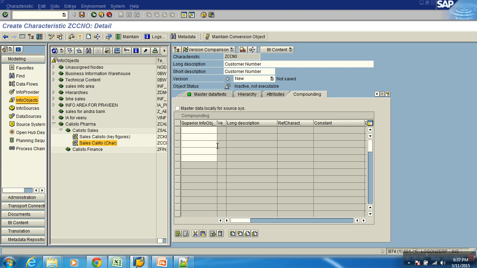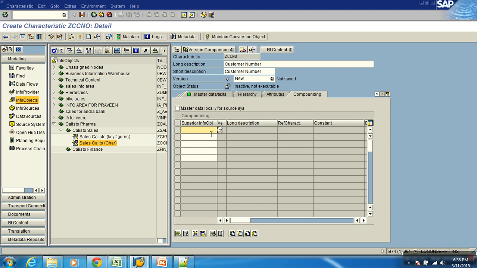I want both material number and plant number together to act as a composite key. That's two primary keys I want. Then what I'll do, while creating the material characteristic, I'll use plant as the superior object. Then when I see my attribute table, you will see both material number and plant together as primary key. That is compounding attribute. So once you declare it as compounding, wherever my material number goes, your plant will be following it. Because your material doesn't have a value without a plant value.